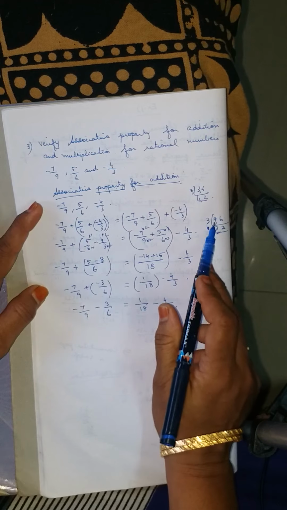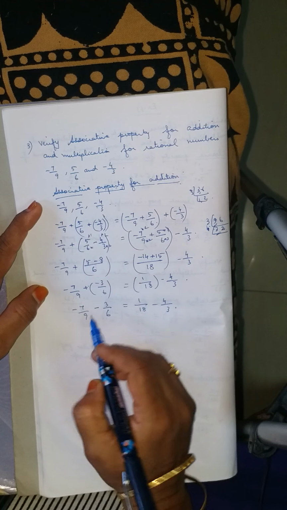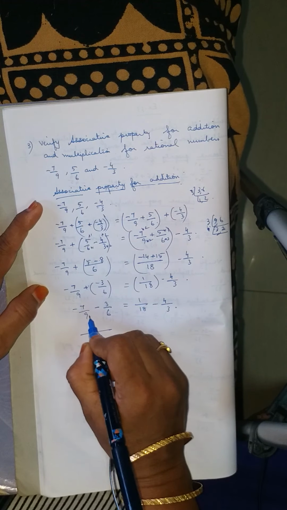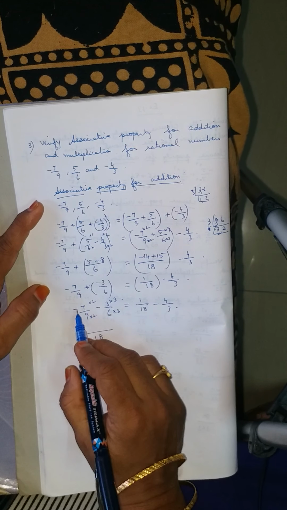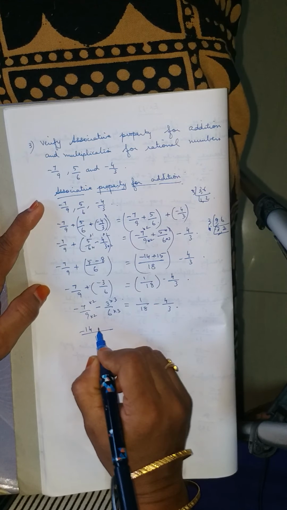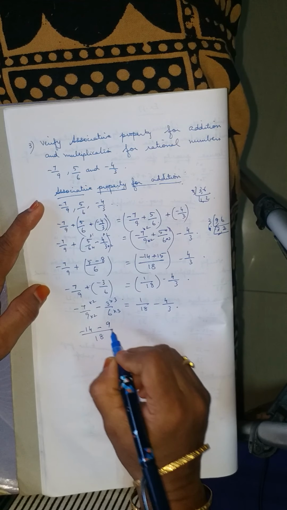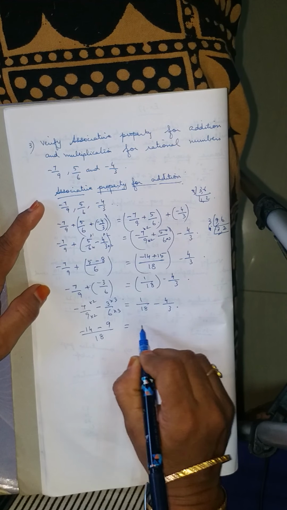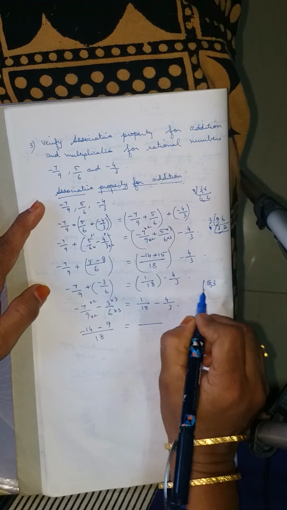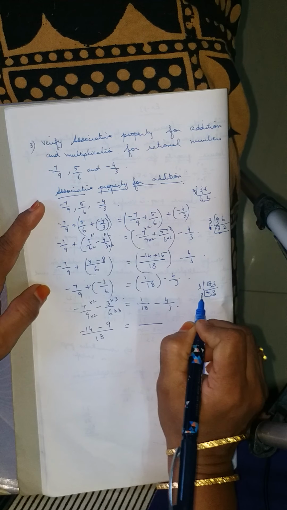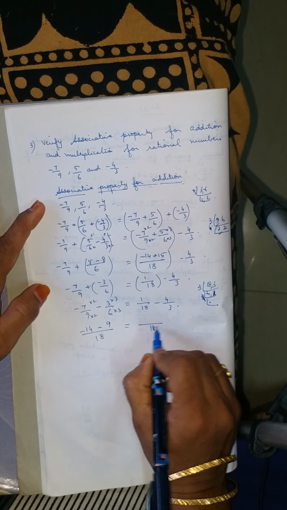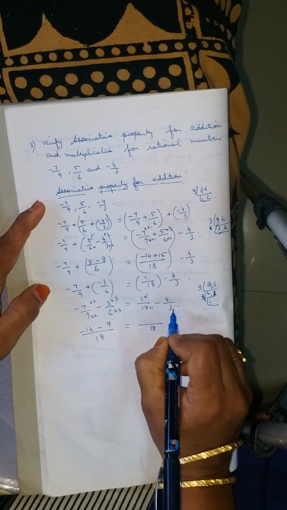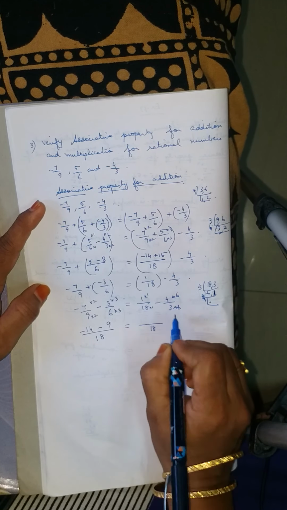So, you know here 9 and 6 means LCM is 18. So, 18, into 2, into 2, into 3, into 3. So, minus 7 to minus 14, minus 3 3s are 9 by 18, is equal to here 18 and 3, you take LCM. 3 times 6 is 18. So, 18 is your LCM. So, into 1, into 1, into 6, into 6. 6 3s are 18, no.